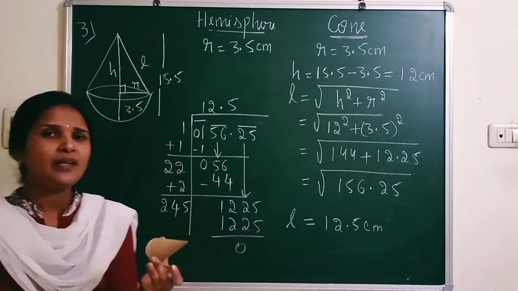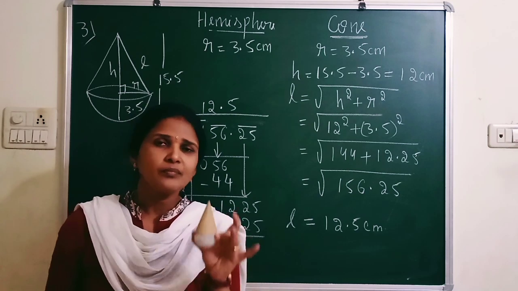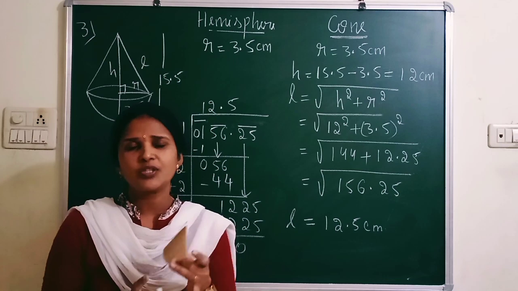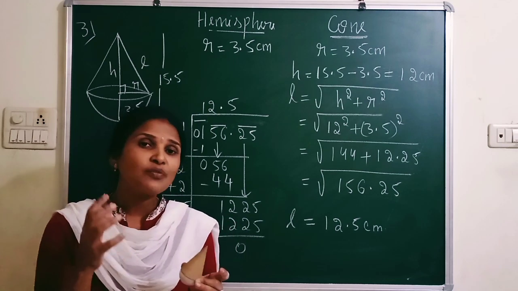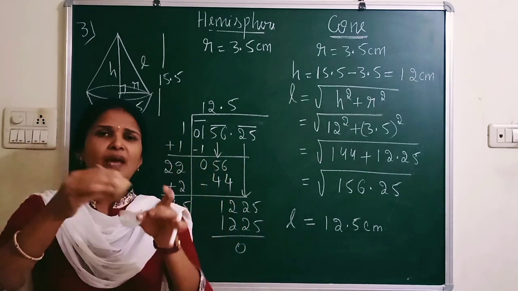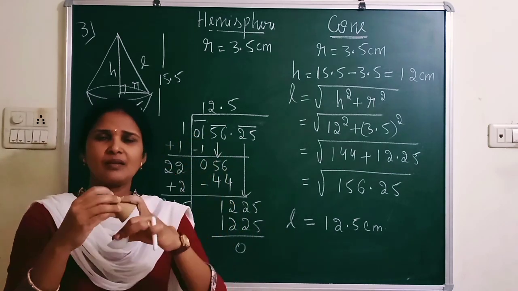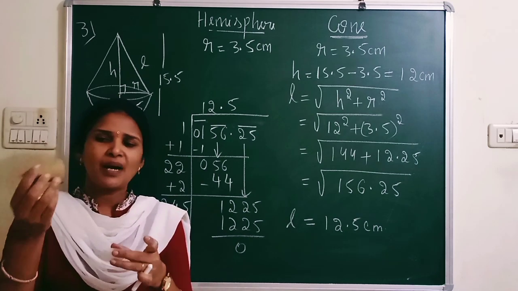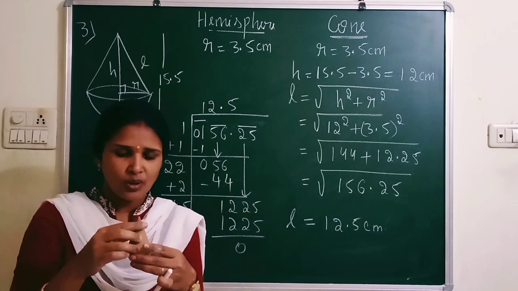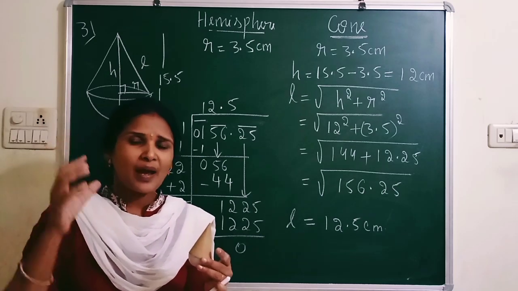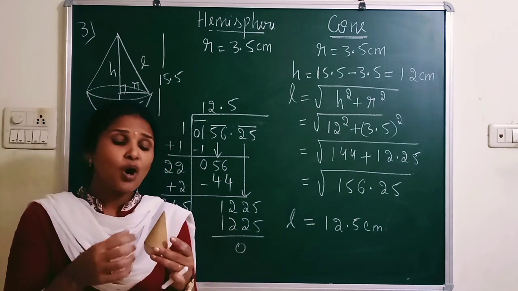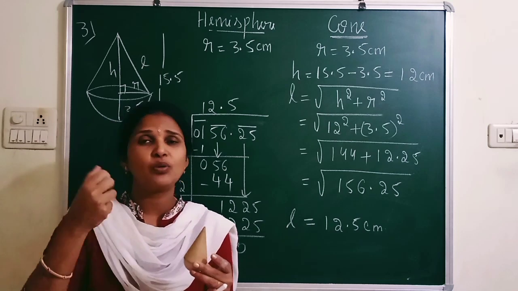Now, I should find the area of this block. I already told you, to find the area of any combination of blocks, first you have to look at what part of the block you can see with your eyes. If you see this cone, a cone has two faces: this is the lateral part and this is the circle. But when it is mounted, this circular part cannot be seen. So I am telling you again and again, you have to consider the area of the blocks given in the question, the part of the block that you can see.